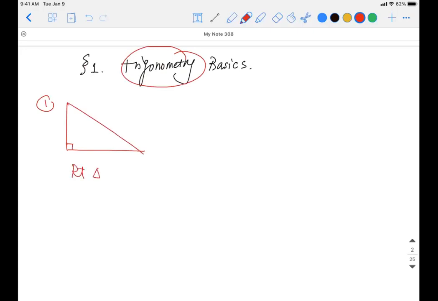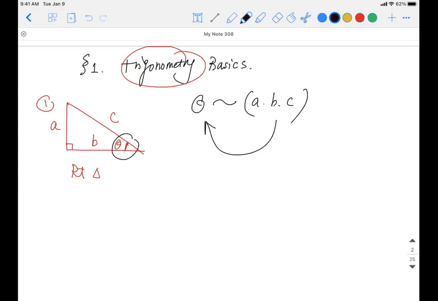Right triangle, right? When you have a right triangle, you have maybe A, B, C, and an angle theta. So basically, trigonometry was kind of an investigation: as long as I have a triangle with three sides A, B, C, and an angle here, theta, what is theta's relationship with A, B, and C? As long as I have the three values A, B, C given, how can I use these three values to identify theta, and so on. So long story short, the big question is we try to find out a relationship between the angle and also the side.